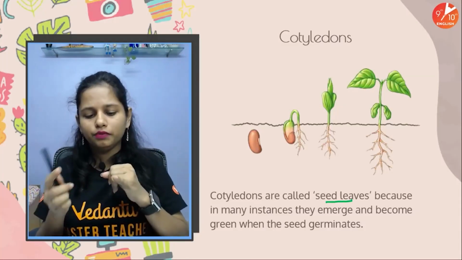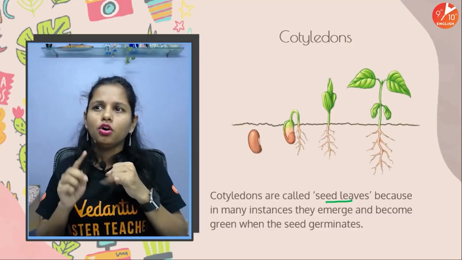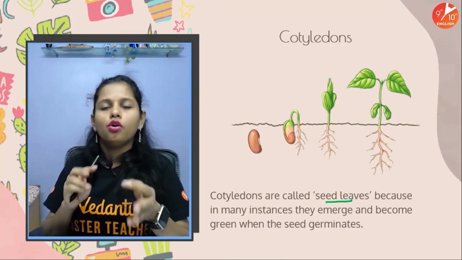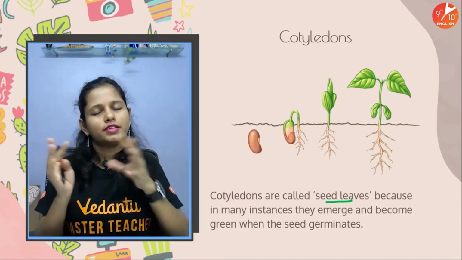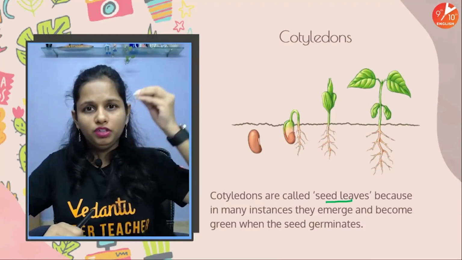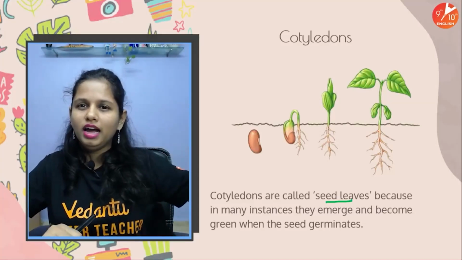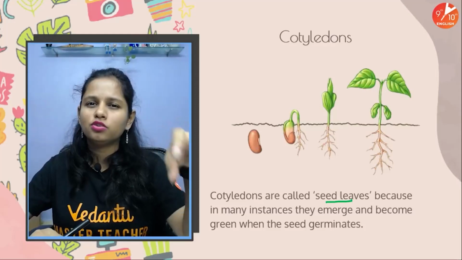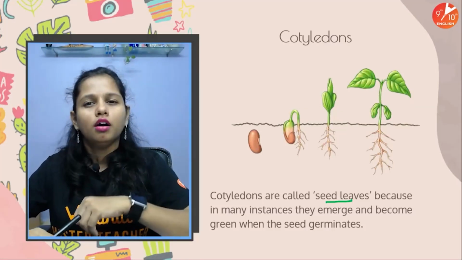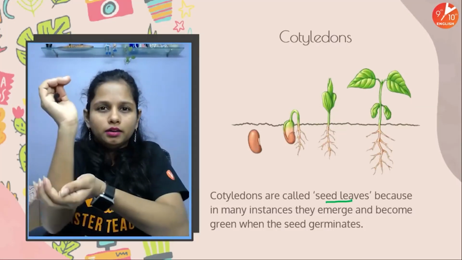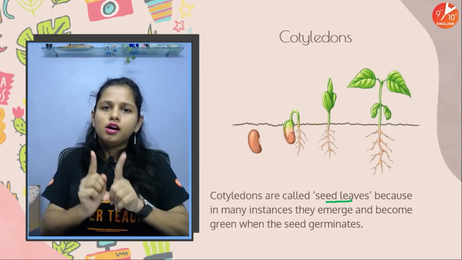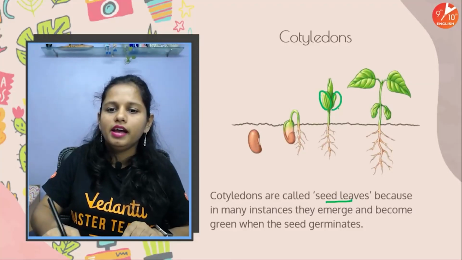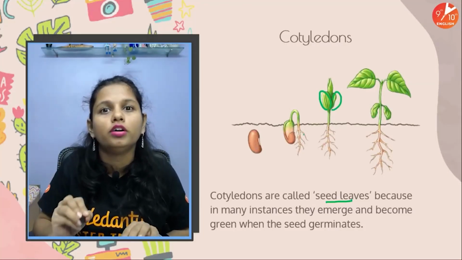Whether the plant is a monocot or a dicot, like pulses, and even all the dry fruits, whether we talk about cashew nut, groundnut, or pistachio, they have two cotyledons, and that's the reason why they are known as dicots. When we sow seeds, we have all performed the experiment on germination where we soaked moong or matki and then grew tiny little plantlets, right? The first leaves which emerge are green, and they are none other than the cotyledons.